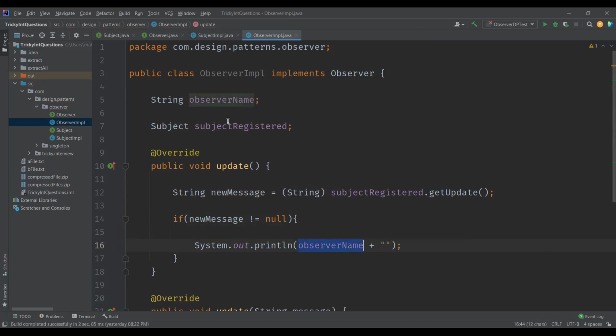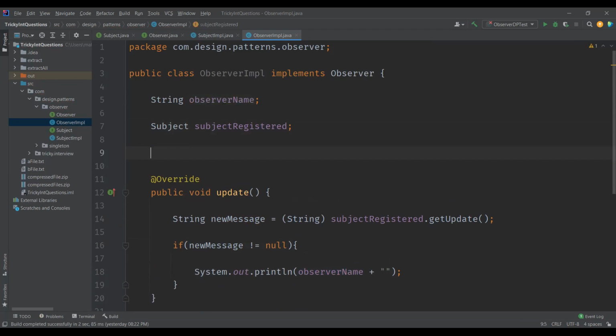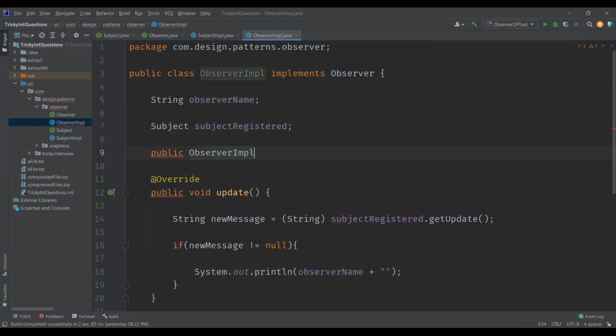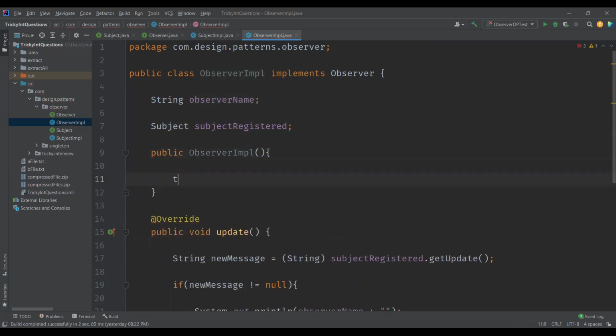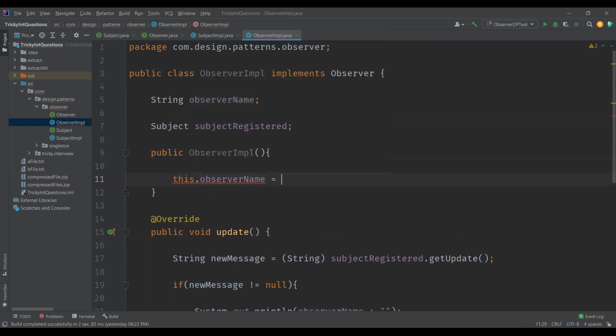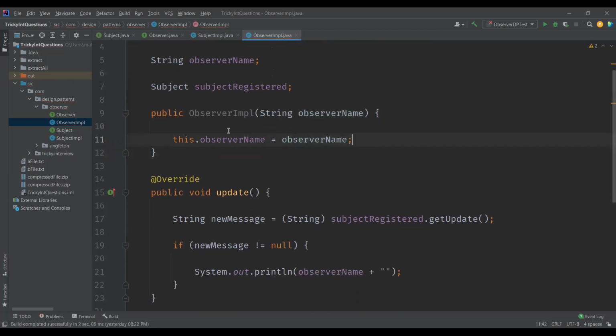To display the observer name, let's have a constructor defined here. Observer implementation, string observer name. We'll have the observer name initialized using this constructor, right?